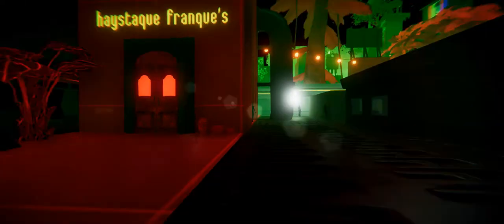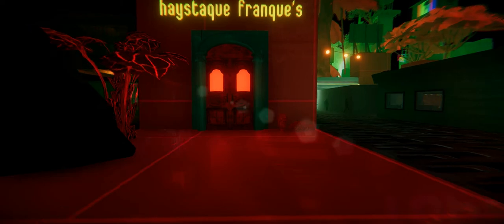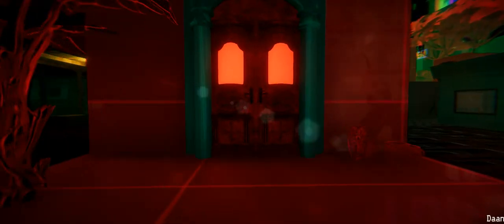These people are still wandering, still a few problems obviously, as you can see, but they're doing a lot better. And there's a new place. This is Haystack Franks, and this demonstrates the new interiors of the game. So I can actually go up to this and see it says there press enter to go into Haystack Franks. So I press enter,